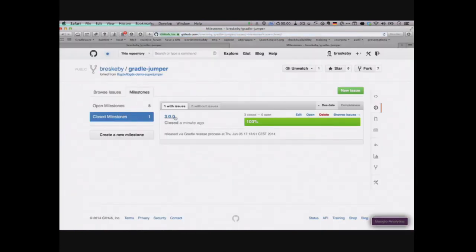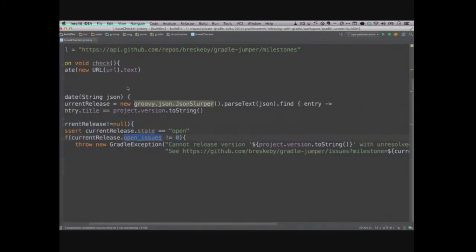Here, now I see what it did already. It closed my milestone, which is a release in GitHub. And here it was closed a minute ago when I just ran the release. And it added some sort of description, nothing fancy. Released using Gradle release process. And if we look at the implementation for that,